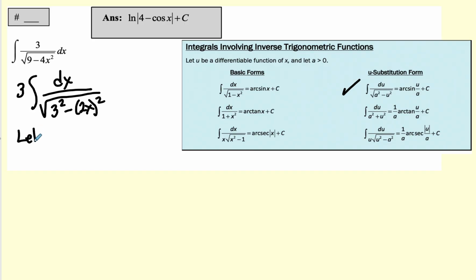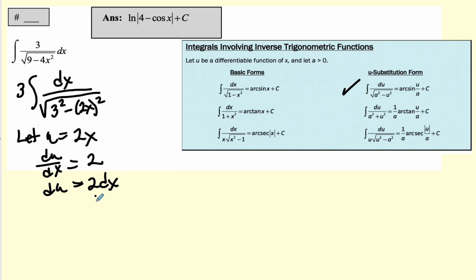I'm going to let u be my variable, 2x. Du dx will be equal to 2, and then bring the dx to the other side, and I can see I don't have a 2, so I'm going to take that 2 to the other side here. So now I have a substitute for dx, and I have a substitute for 2x. So now this is going to become 3. I think I'm going to run out of room, so let me go ahead and go down here. So I'm going to write 3 integral,